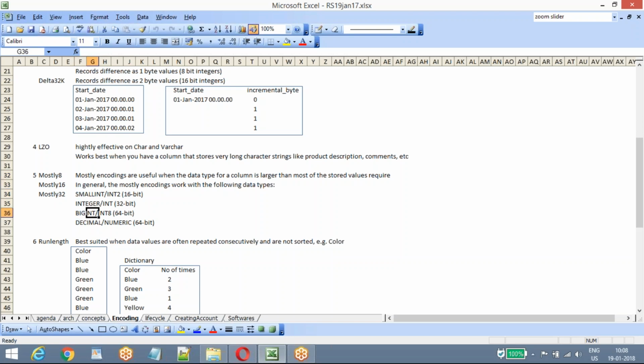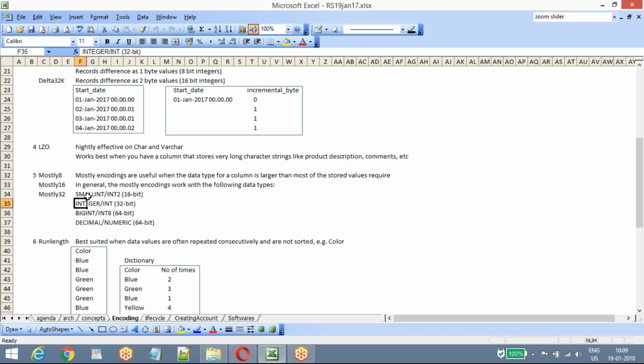And then there is something called mostly, which works on your integer columns, big integer columns. If you store some numerical data, for that you can use mostly. Normally we can't decide what kind of data will come. While designing, we know how much maximum data would be stored in a particular column, but not necessarily that every time that size of data will be recorded. So if you have decided my column should be integer, which is 32 bit, but you just store values of only 16 bit, and if you scan the table there are no values of 32 bit,